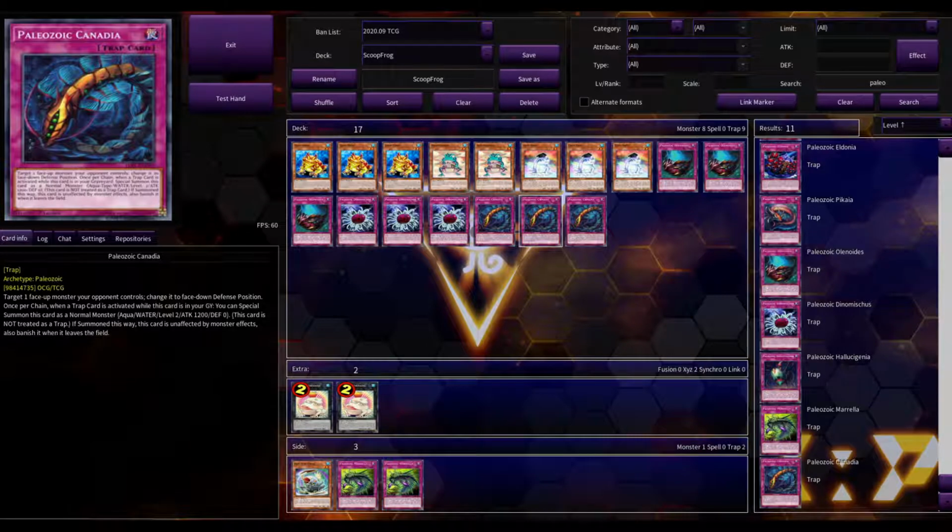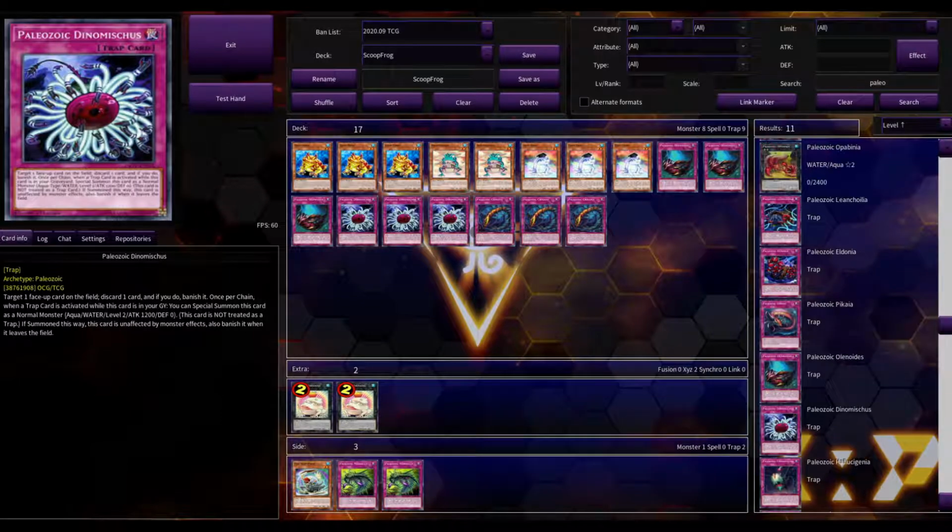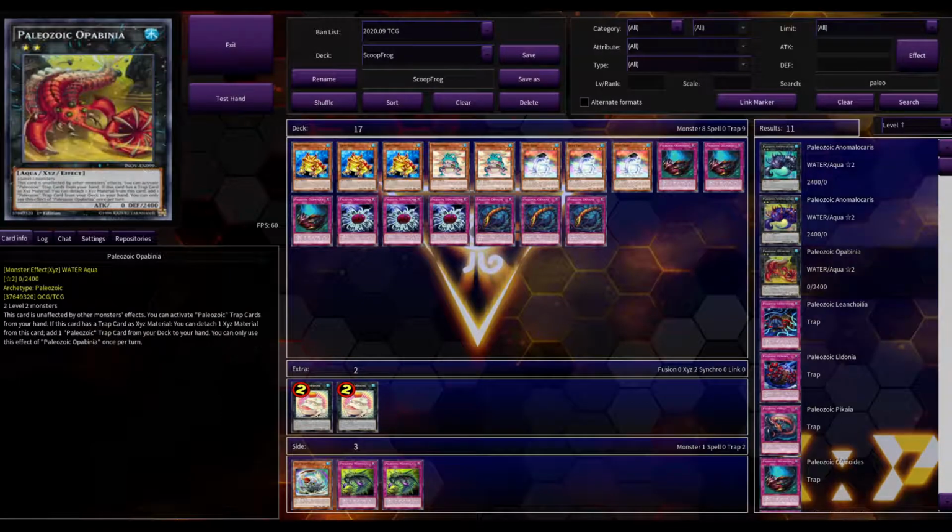Because when you flip something face down, they can't link summon with it, they can't synchro summon with it, they can't XYZ summon with it. It's just very helpful sometimes. And that's it for the Paleozoic traps. There are Paleozoic monsters in the extra deck. So we have Paleozoic